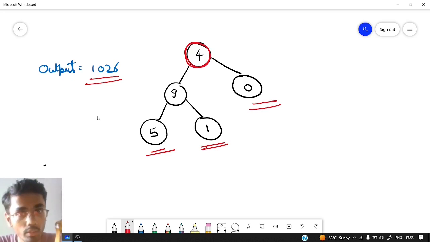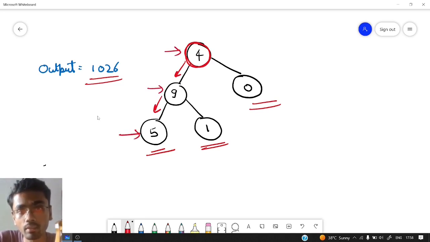Now what is a root to leaf number actually? Let's say we take this particular path 4, 9 and 5. In this path we have 3 numbers: first is 4, second is 9 and the third one is 5. So the root to leaf number here will be 495.